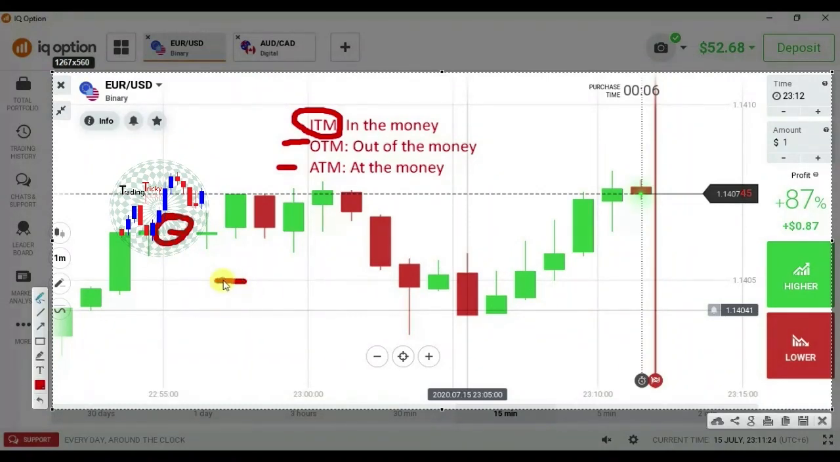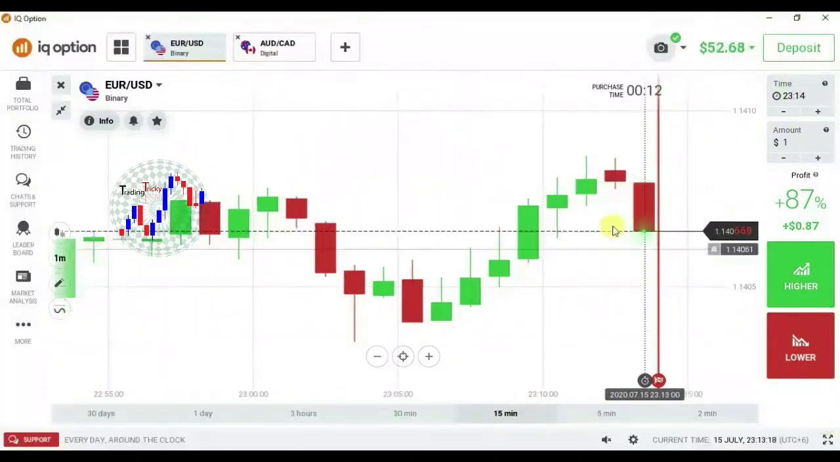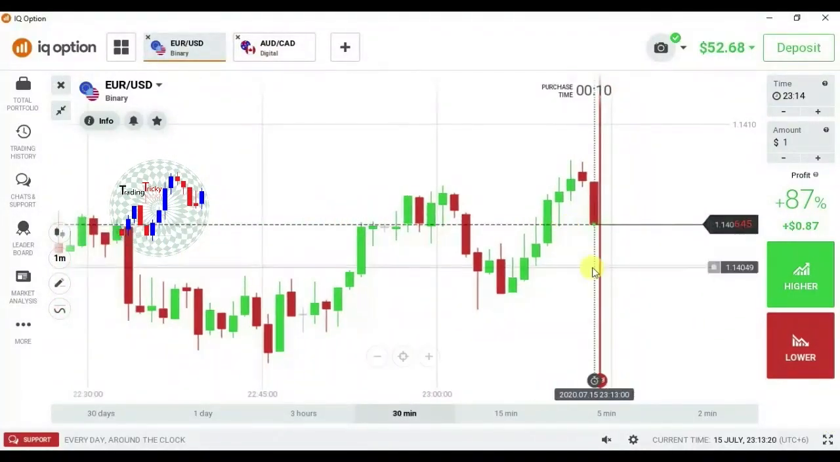So candle close at the level, still you will be OTM, and candle close below than this level, still you will be OTM. So when you place higher option in digital option, the candle should close above your entry point to get ATM. Hope you understand the main difference. And also there are some more differences, like for example here